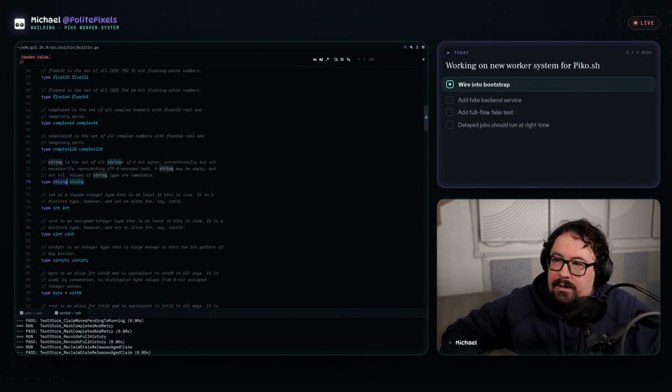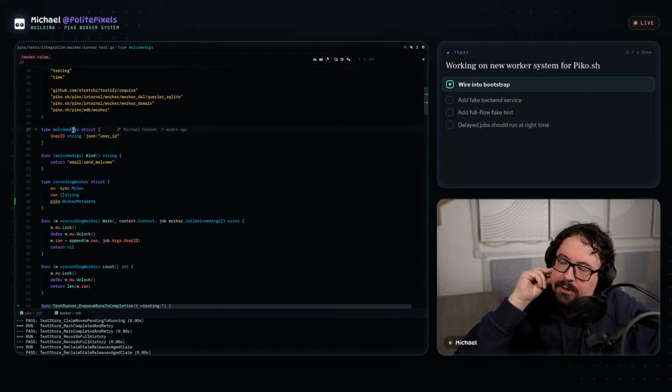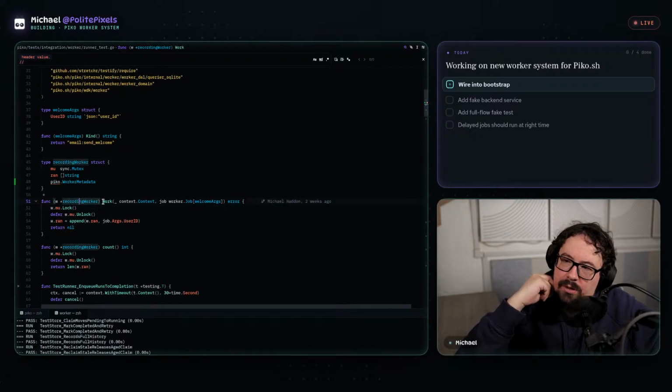Sorry, it would look like that. What have I just done? Went to the definition of a string. It would look like this because I don't care what you do for args. Well, I do, because you have to implement that interface. But then the recording worker would get its context from there, which means this...